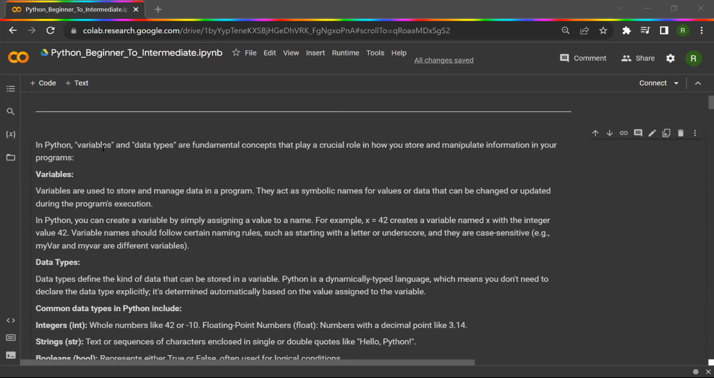In Python, variables and data types are really fundamental concepts that play a crucial role in how we store and manipulate the information in the programs that we write. So, what are these variables and data types? Let us see. Variables are always used to store and manipulate the data in a program, right? They act as symbolic names for values or data,